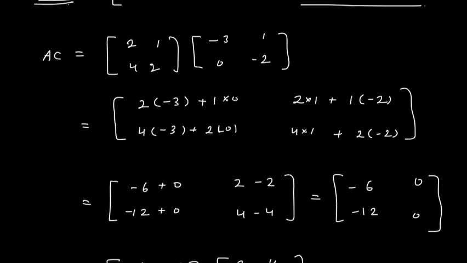Okay, so you understood how you can multiply 2 matrices as well as how you can multiply 3 matrices. Only one thing you have to keep in mind, that the number of columns of the first matrix should be equal to the number of rows of the second matrix for any multiplication to happen.